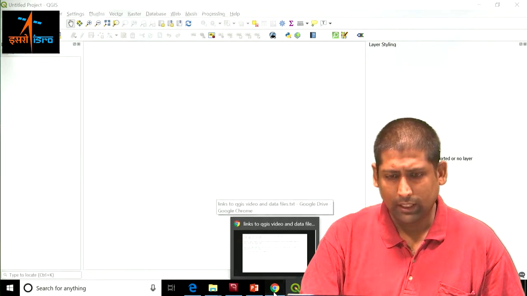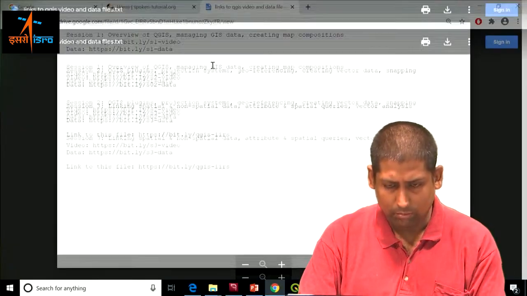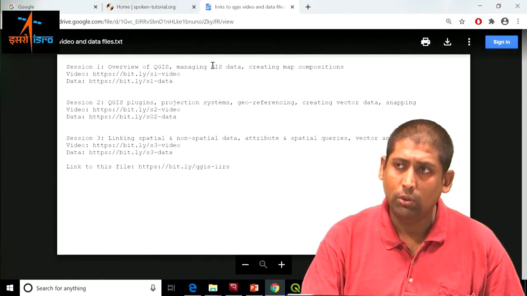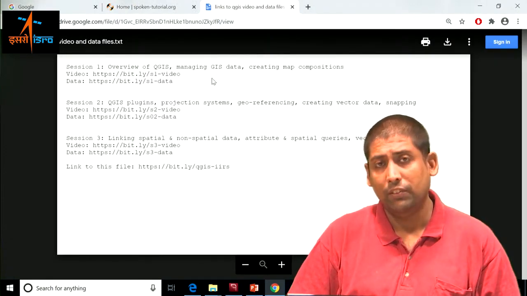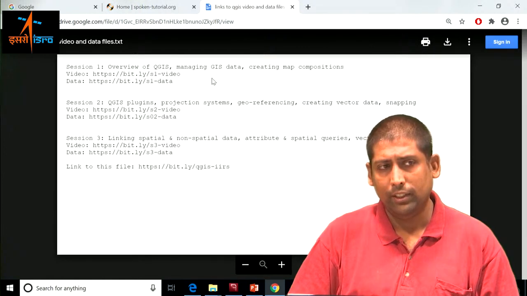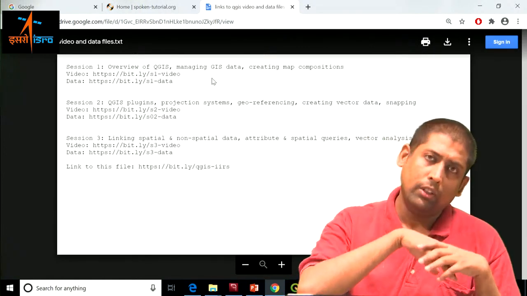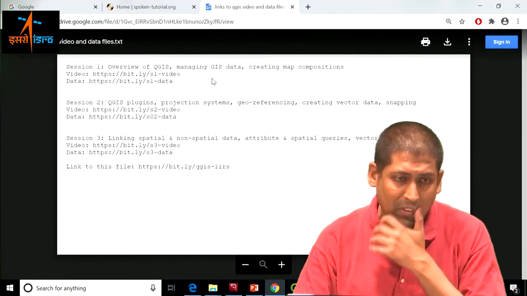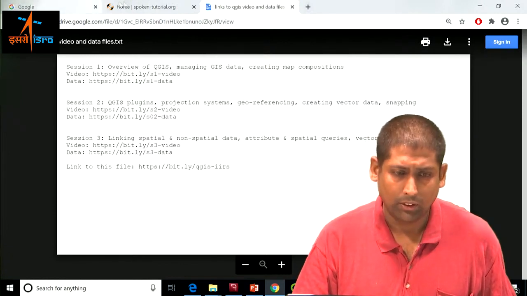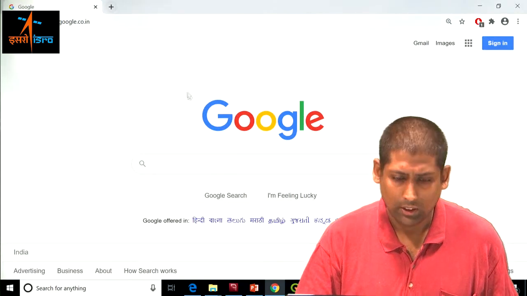So first thing that we wish to do is we want to download some digital elevation model. So basically, we want to visualize the elevation of an area. Okay. So to do that, let me close these.